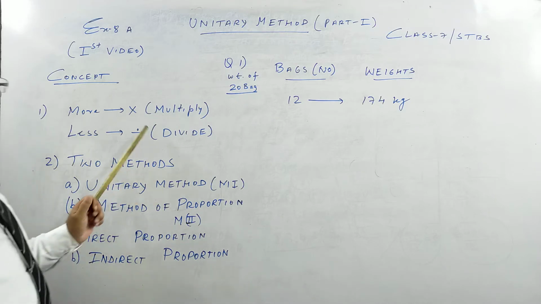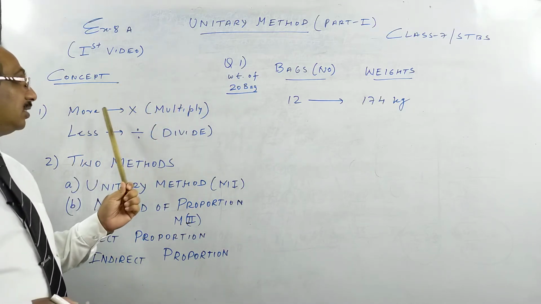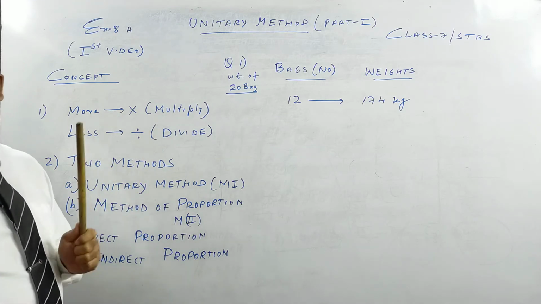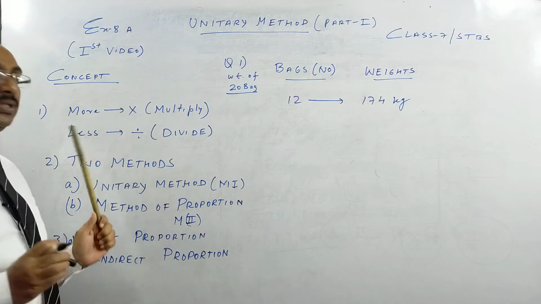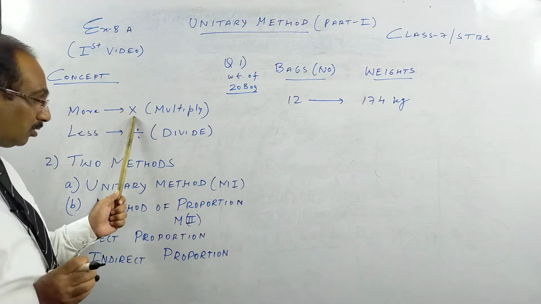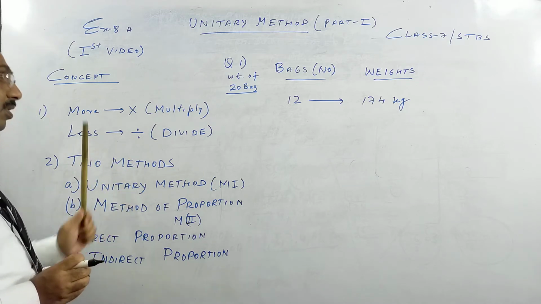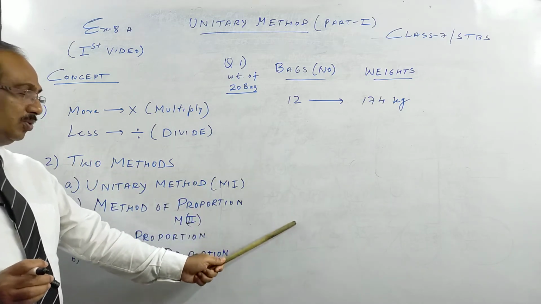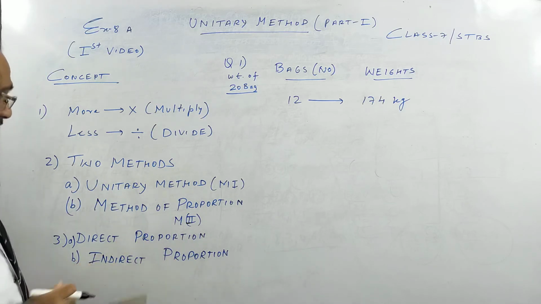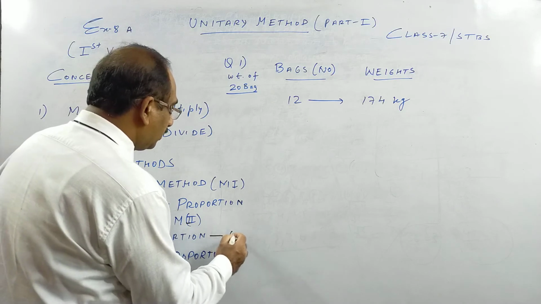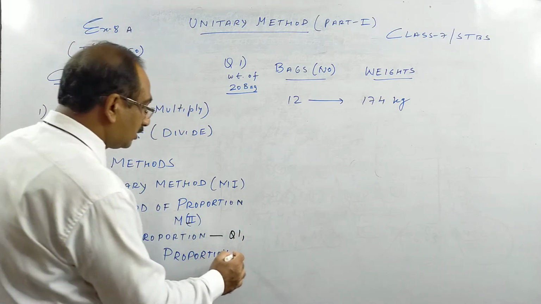Okay, so one last thing before I start is, in unitary method anything more means multiply, there's no addition, and anything less means division. So this is not cross, more multiply, less divide. Two methods we have, M1 unitary method I'll show you, down I'll show you method of proportion. Two types of sum, question 1, 2 I'll do here, direct variation. Okay, question 1 I'll tell you, and one more, and this I'll do.